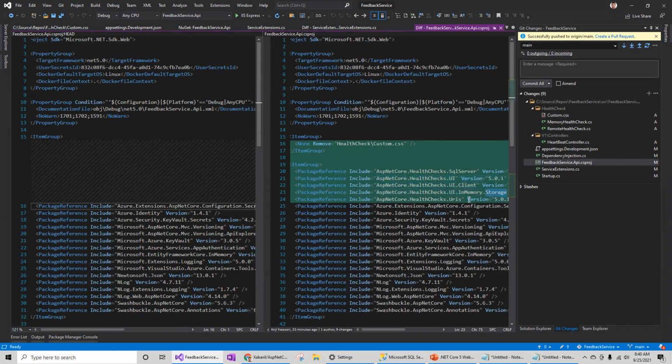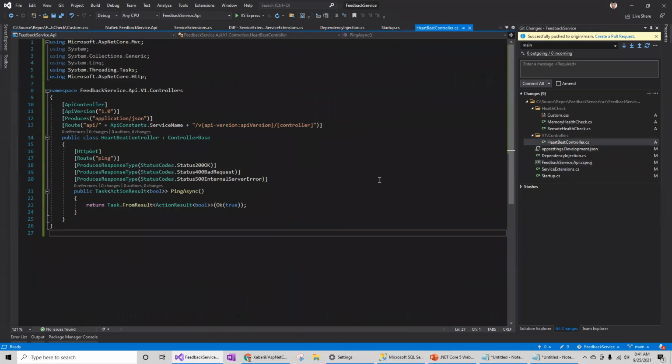I haven't explored the storing. We need to add the local storage to save the health check so that every 15 minutes, or 15 seconds or 10 seconds it runs, it stores the history of those health checks also. Then I added another new controller to ping every time the health check runs.